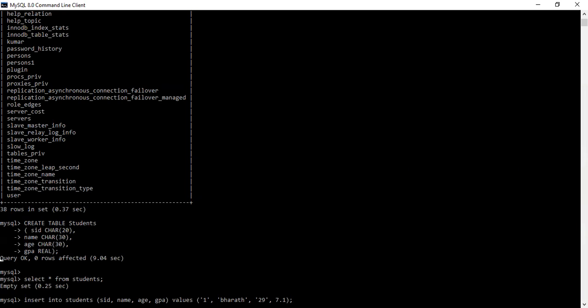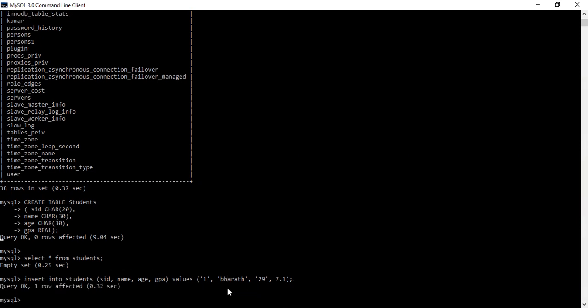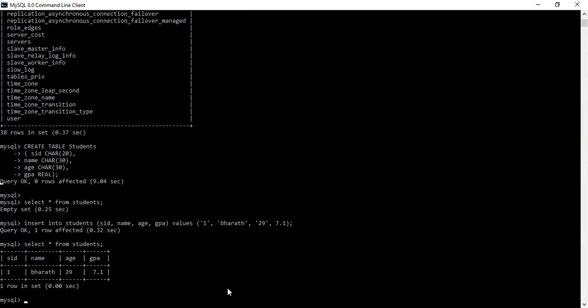SID, name, age, GPA. Now my aim is to insert the values for each field. Here I will assign the value for SID as 1, name as Bharat, age as 29, GPA as 7.1. Now I will retrieve the information from the students table. Up to now, one row of information is available.